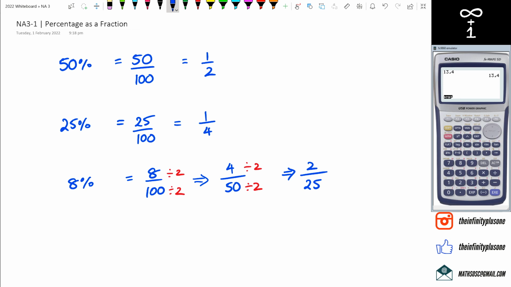But anyway, anytime you see percentages as fractions, the first step you really want to be doing is writing that over 100. So if I have 81%, I write that as 81 over 100. Pretty straightforward for now, but later on we'll look at more complex percentages that come through with decimals and so on. But that's basically it for this